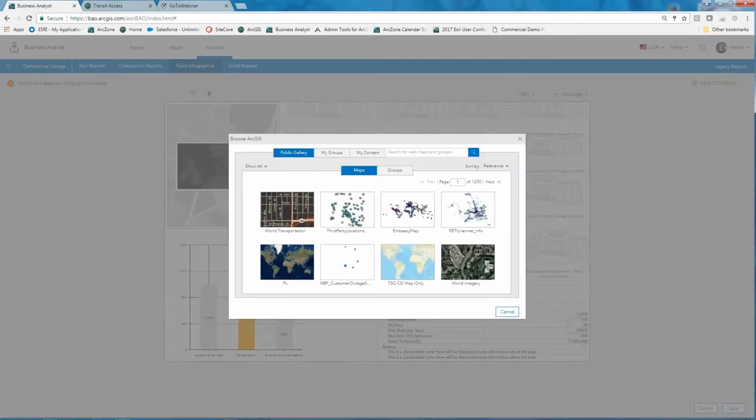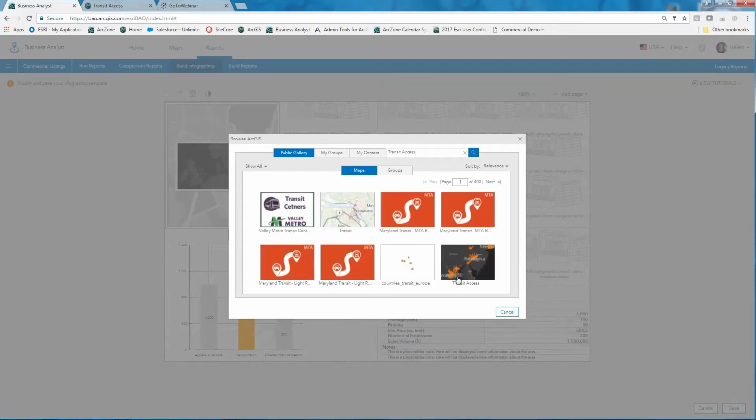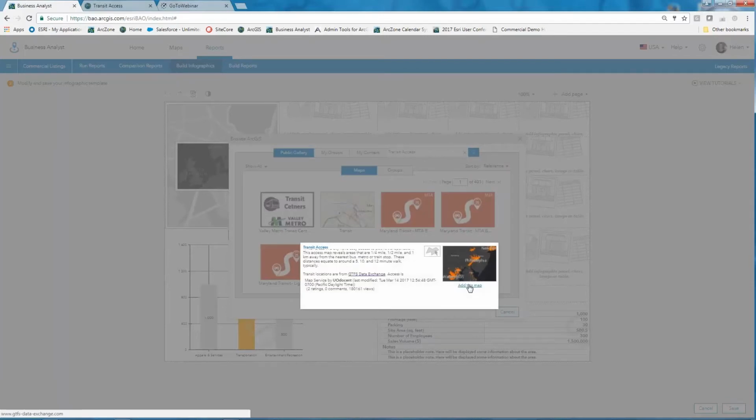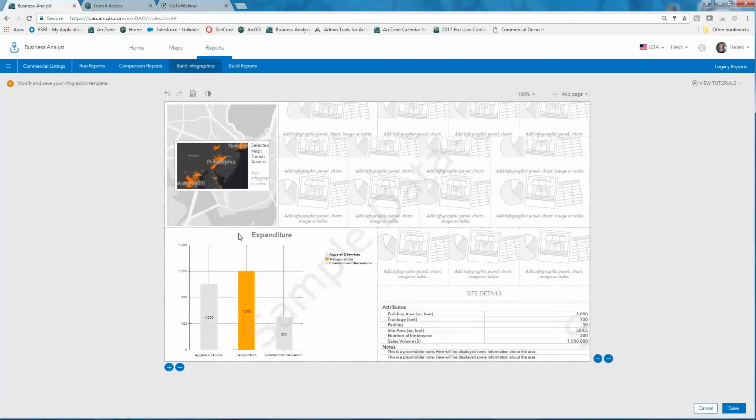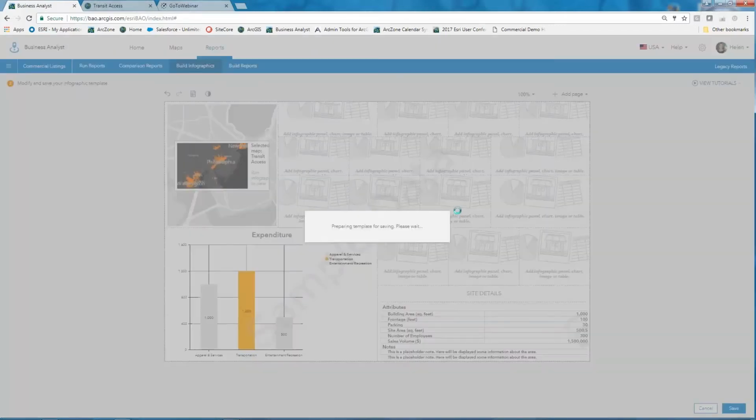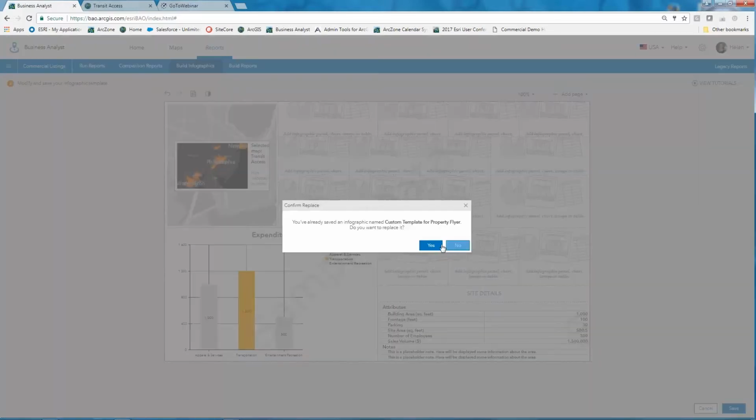So I log into ArcGIS Online, and I can go and start looking for that map. And so, if you have things that you're talking about, it might be parcel boundaries, it might be the curb cutting, it might be population or income, whatever those are, you can just now add straight from ArcGIS Online a map in the background. I'm going to click Save, say OK that I want to override this one,